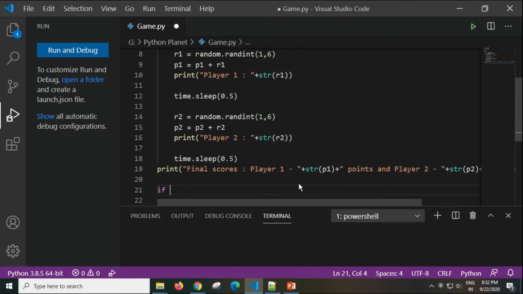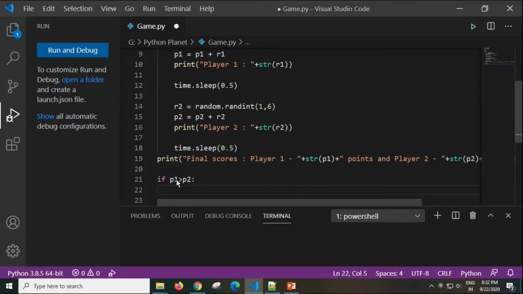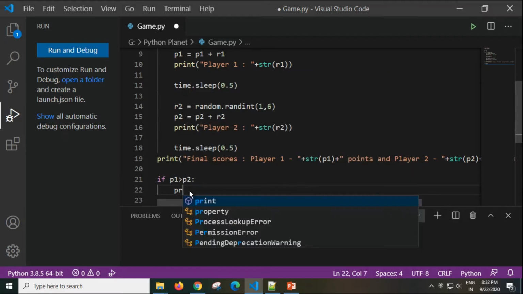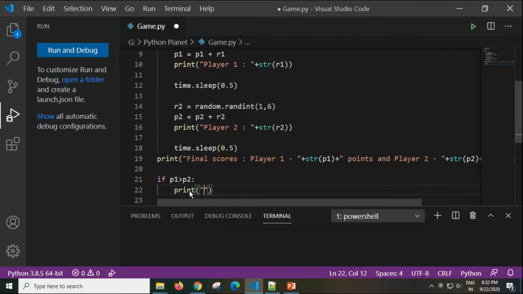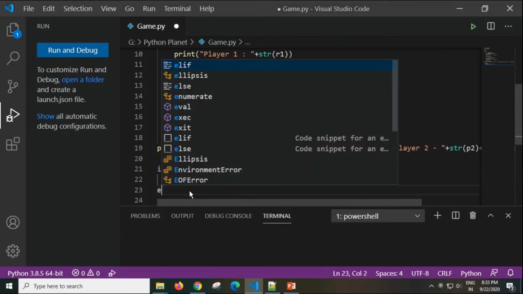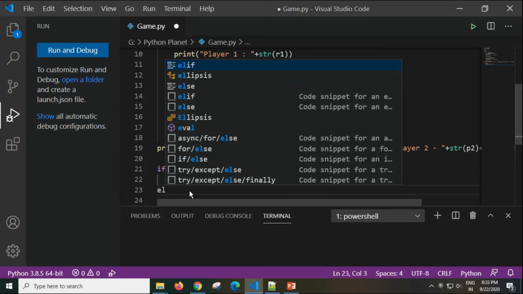I will also check which player has got more points. So for checking, I will use the if condition. If the score of P1 or the value of P1 is greater than P2, that means that the player 1 wins. Else, now I have to check the second condition.